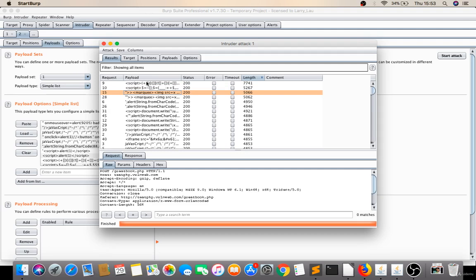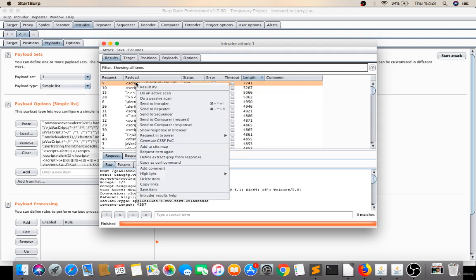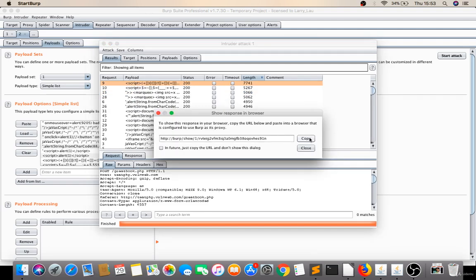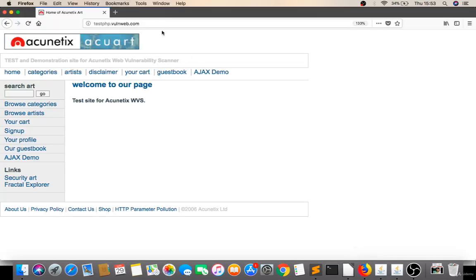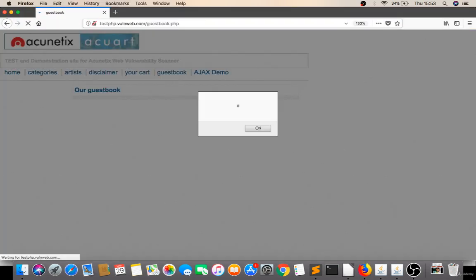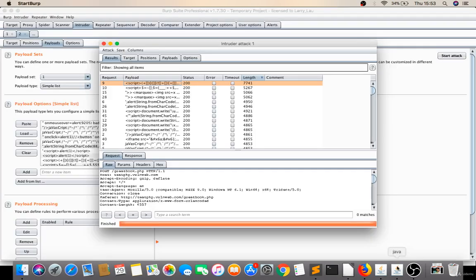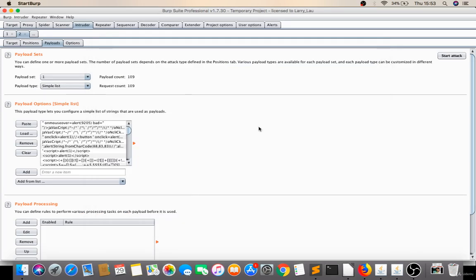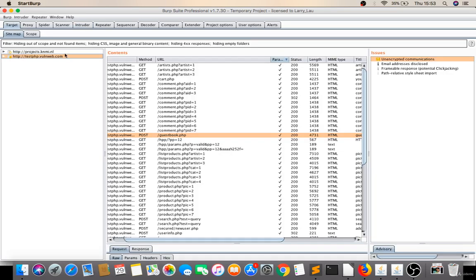We don't know. So I will right click, show response in browser, and copy this. So see, it's vulnerable. Likewise, if you find one, you just have to try the top 10 highest length payloads, that's it. Now likewise you have to try all the others, like let's try this pp equal to 12,